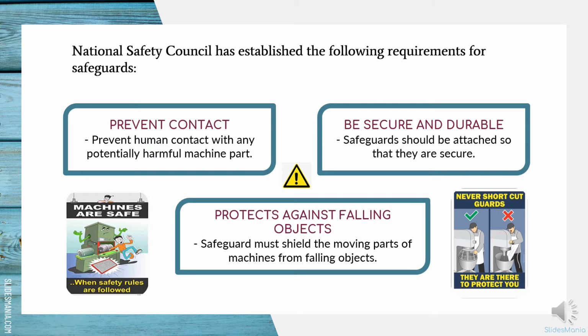Firstly, prevent contact. Safeguards should prevent human contact with any potentially harmful machine part. A good safeguarding system eliminates the possibility of the operator or another worker placing parts of their body near hazardous moving parts. Secondly, be